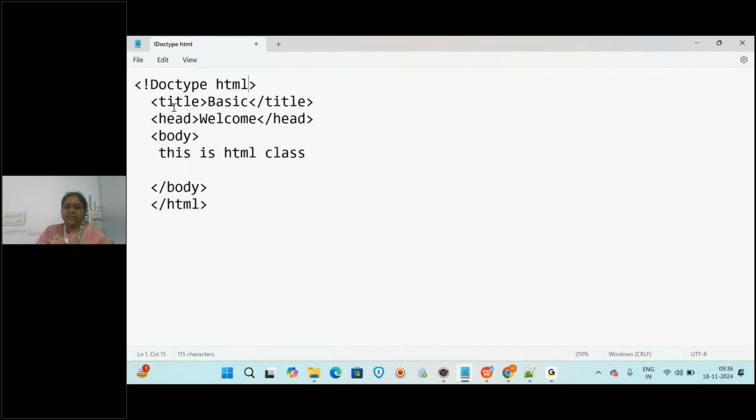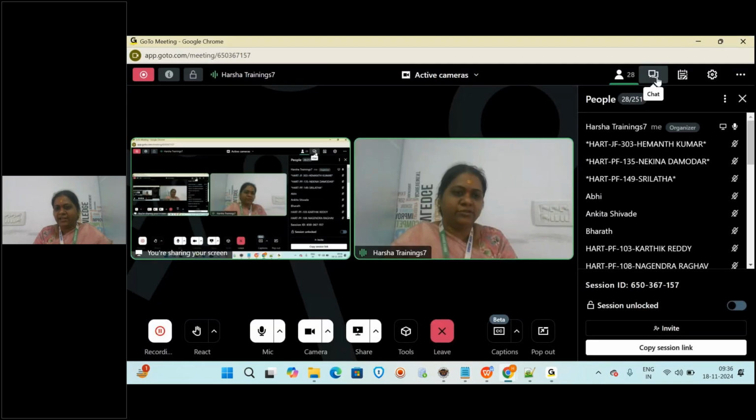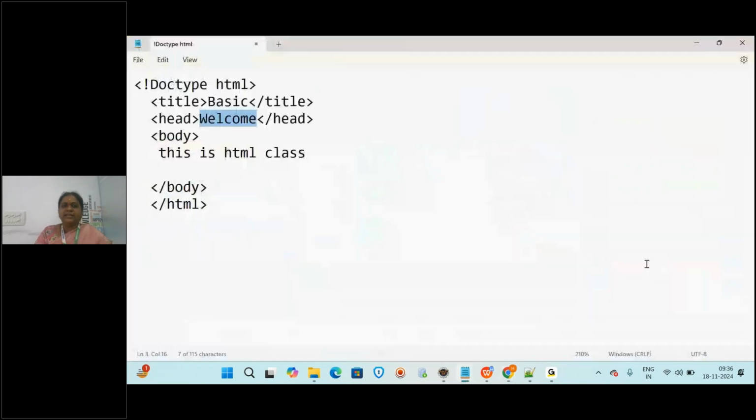Okay, so this is how we write. Now all the tags are not compulsory. It depends upon your requirement. Whatever you want in between the body tag as content, you will write in the body. If you don't want the title tag, if you don't want the heading tag, you need not mention them. So all tags are what? Not compulsory. But if you require, you will give it. That's it. And then how are we going to save and run the HTML pages? Let us see here how we are going to run. Next, what we have to do? Anyone who attended the last classes?